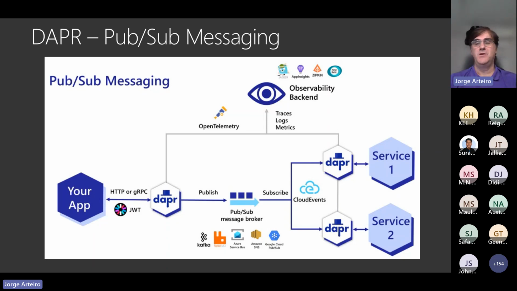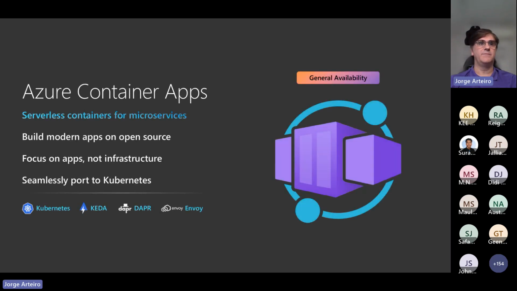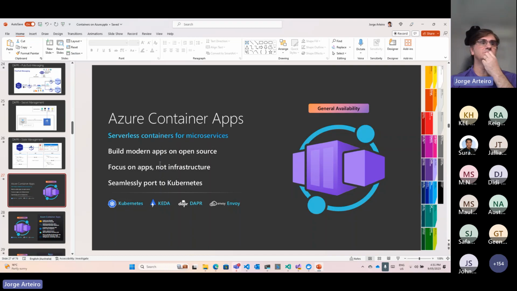You could be using Redis cache locally, then set in production to use a different product. Or you could have multiple projects where each one of them you'll be using different technologies, but using Dapr to talk with all of them. Then your code will be exactly the same. That's the magic of Dapr. I recommend you to have a look at Dapr as well, and at Container Apps.